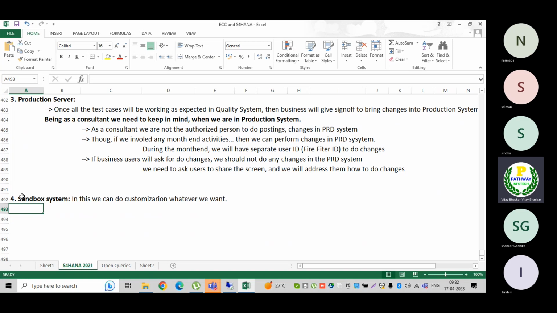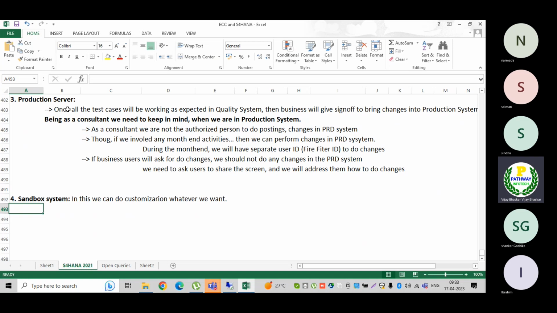That is the reason the sandbox is a separate system. In most cases the sandbox system will not generate any transport requests. The sandbox is only for research purposes; client specific configuration will not be available in it. Keep in mind the sandbox is part of the development system.